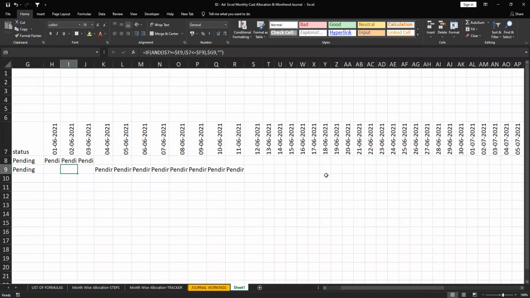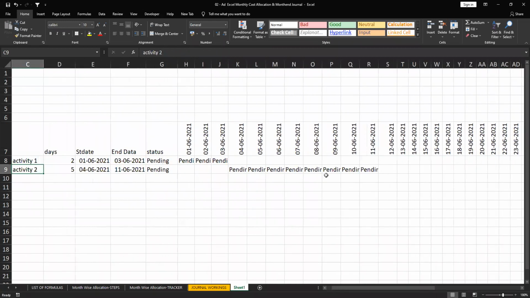See here, pending. Now initially this task is pending. Then I need to say that the task is completed. Completed. Then this also completed. Spelling mistake.